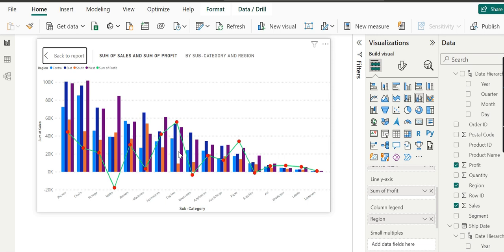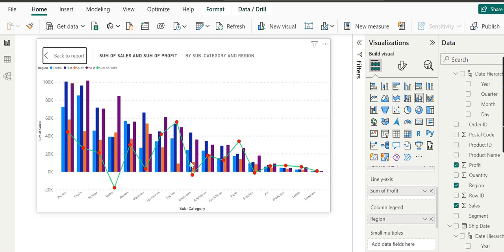We have a legend of symbols over top left: region central, east, south, west, and sum of profit, and a green line representing sum of profit. We have individual columns corresponding to the region, and for every value of category, the region columns are clustered together.